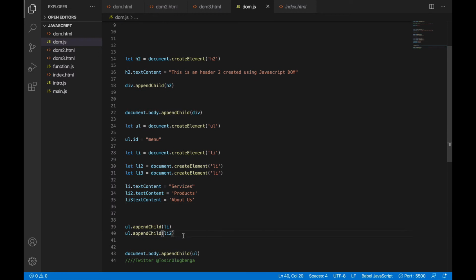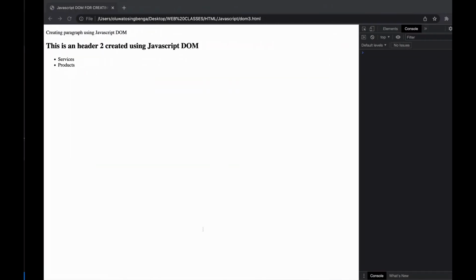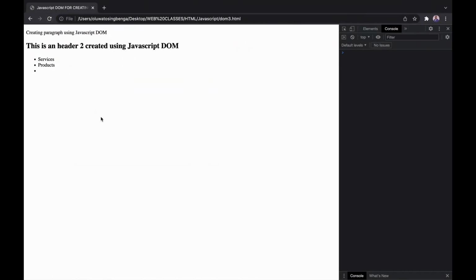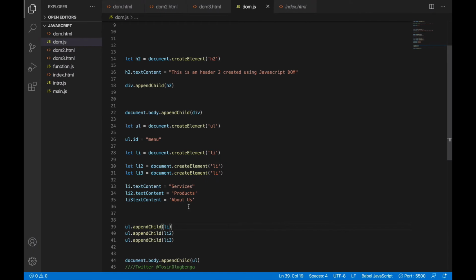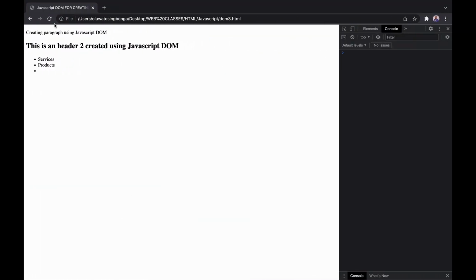Then we also do the same thing here with li3, so we are appending the third one to ul. If I refresh now, you will see it come up. So that's how to use the DOM to create